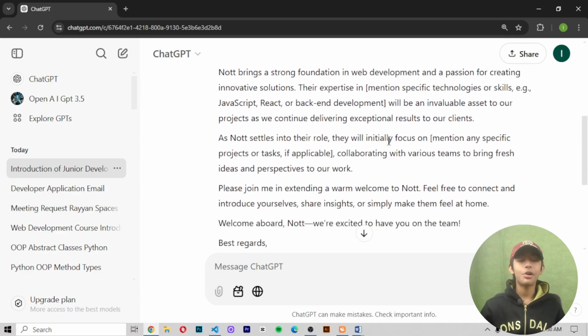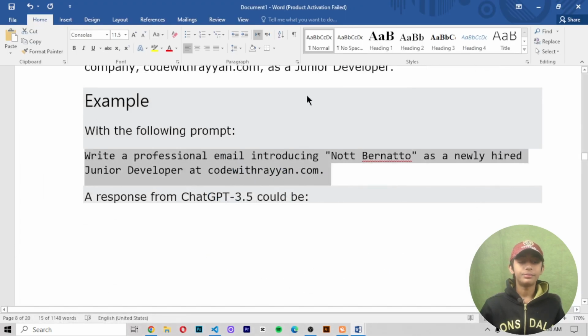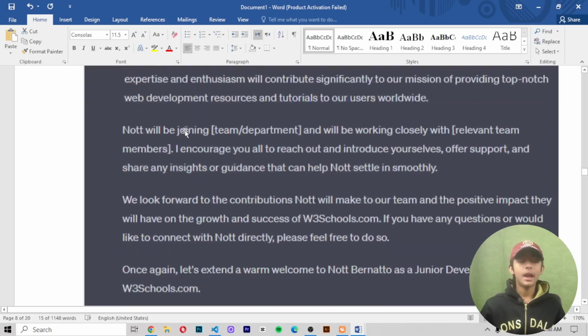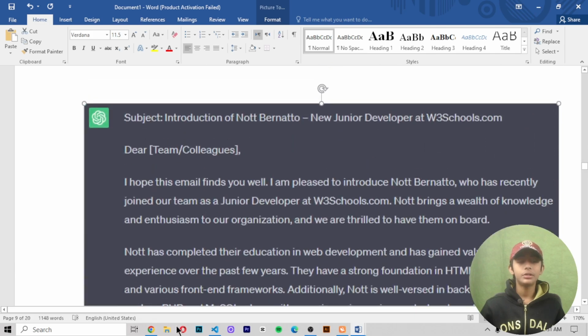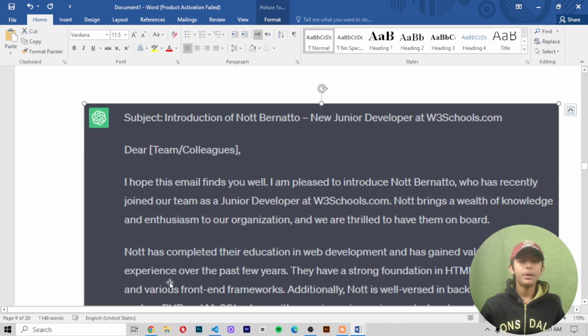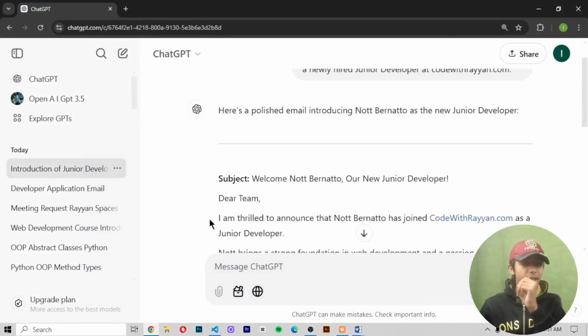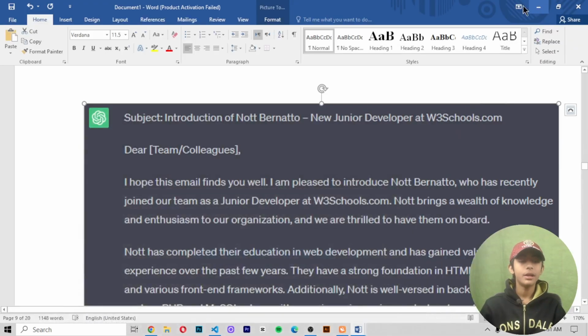Not brings a strong foundation. You can see that at the end it gives me your name, your position. Then I write here my website name. Then contact information. Okay, now the diagram gives this type of output, but in the diagram it is different and here it will also be different. In the diagram the subject is: introduction to Not Bernanto, new junior developer at codewithrian.com, but here it gives me: welcome Not Bernanto, our new junior developer. Okay, so now